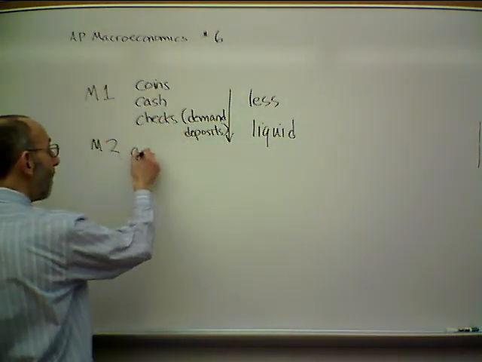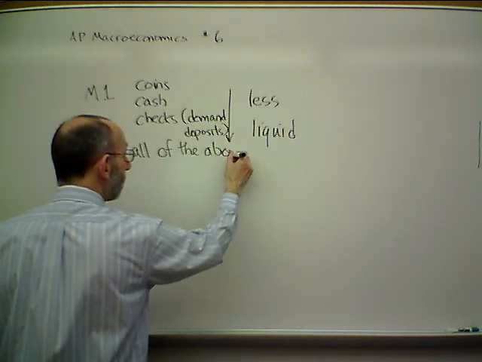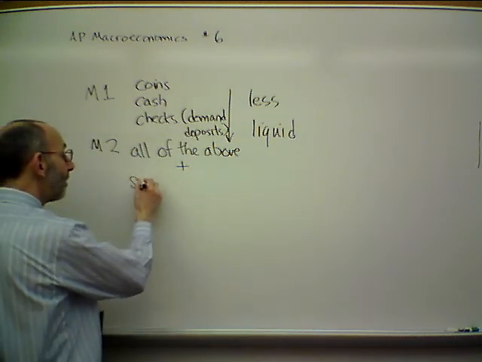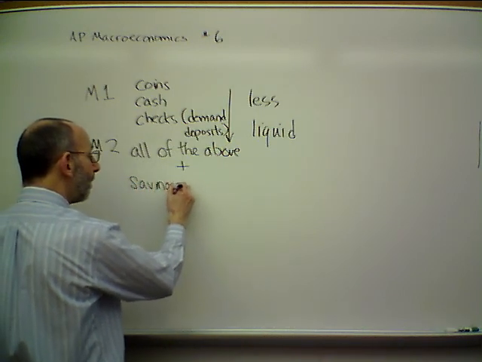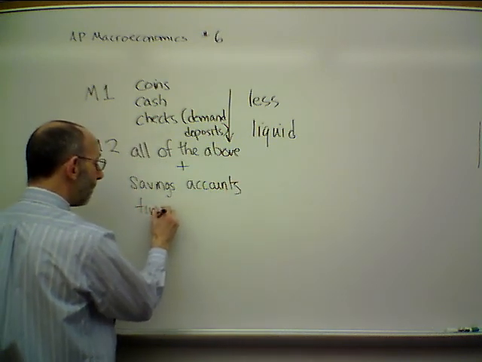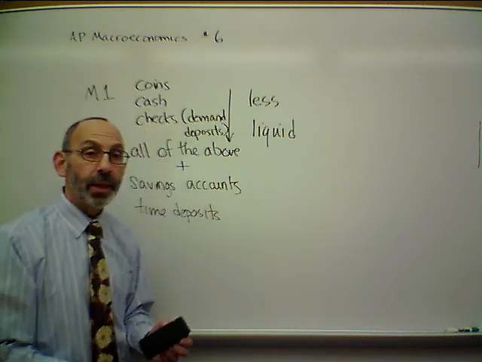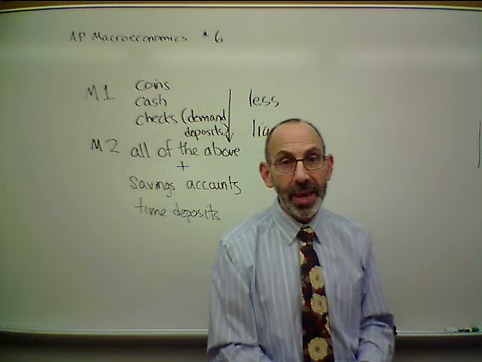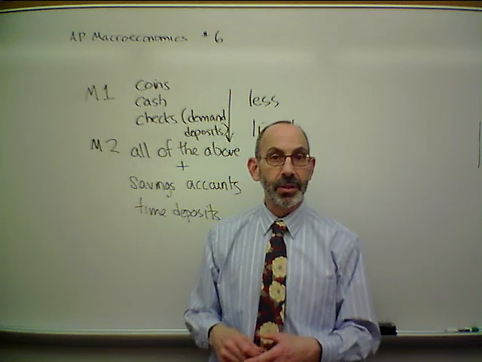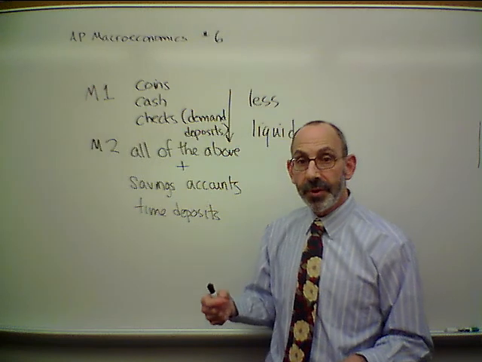M2 includes all the above, plus what else? Well, what do we have out there? Savings accounts and time deposits. These are accounts with banks that have some type of limitation on them in regard to the access to the funds, how quickly and easily we can get to the funds, or the frequency with which the funds may be withdrawn